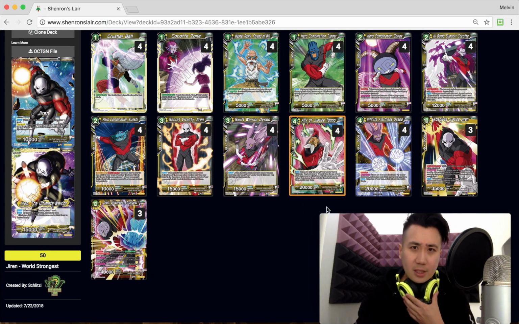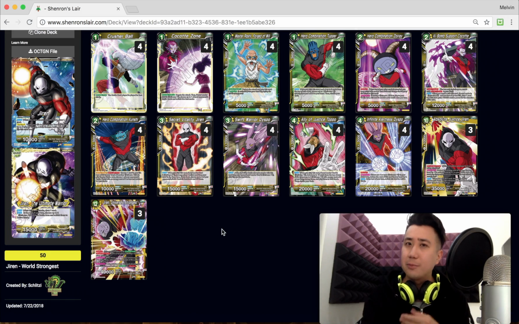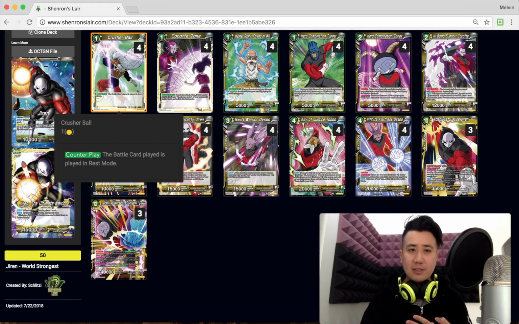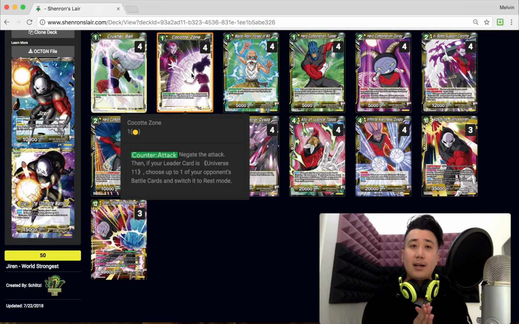Yep. So let's talk about the utility cards that help us to go to the end game. Number 1, we play 4 copies of Crushable. When this card, the battle card, is played in rest mode. This card is very important, and I will show you why later. And Cocotte Zone, Cocotte,